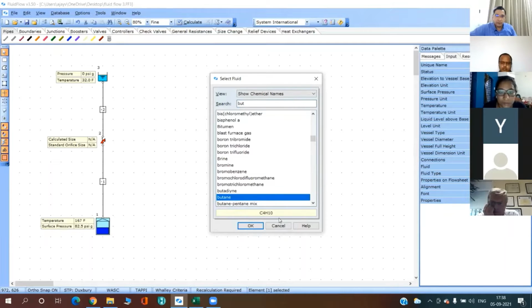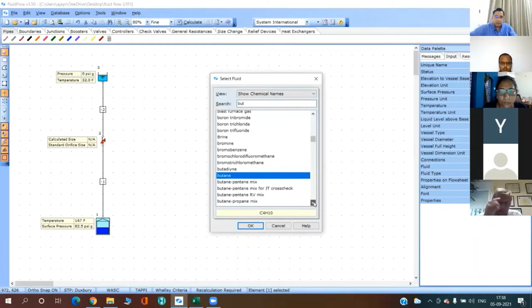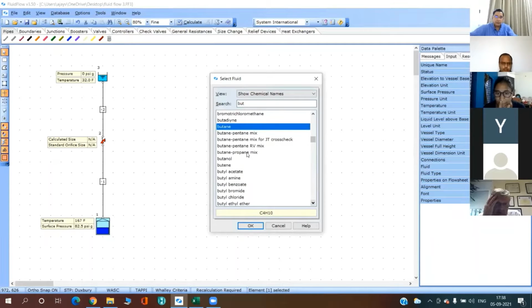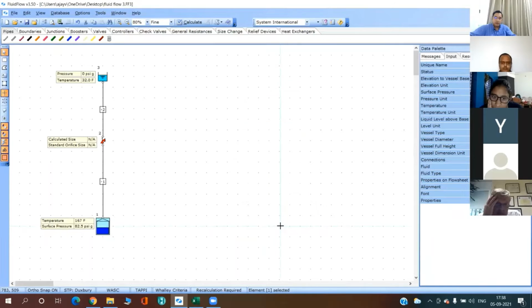If you go for butane, then it will be pure butane, right? If I go for propane, that will be pure propane. There are some mixes available, butane and propane, but those are not 50-50. Those have got some other combination, right? So we cannot use those.